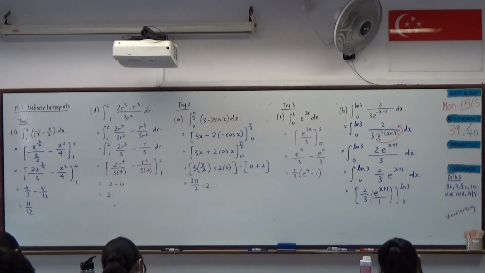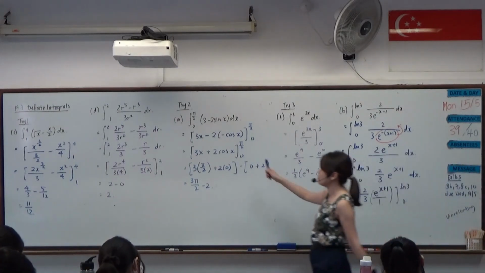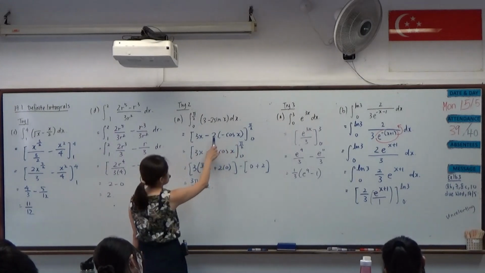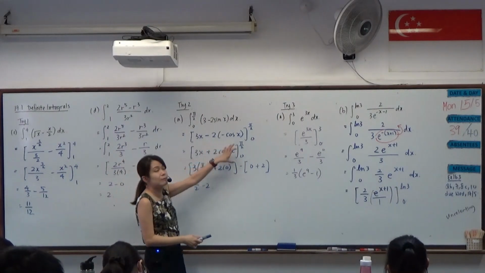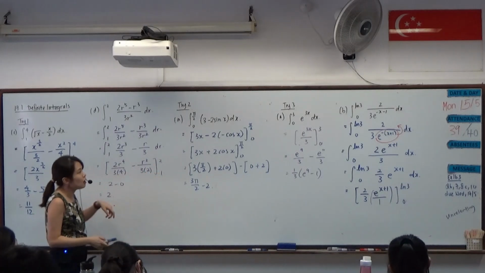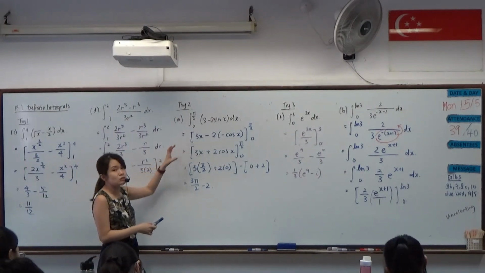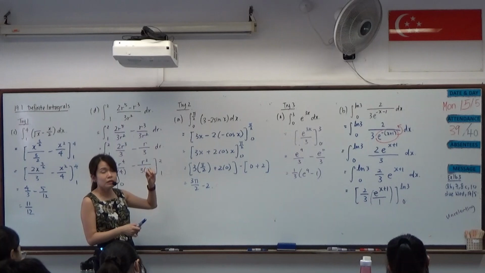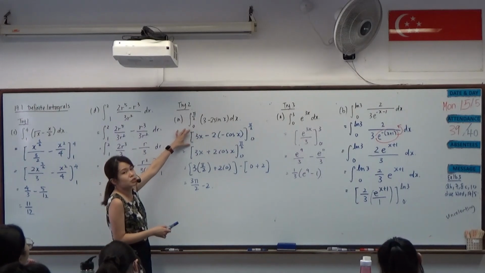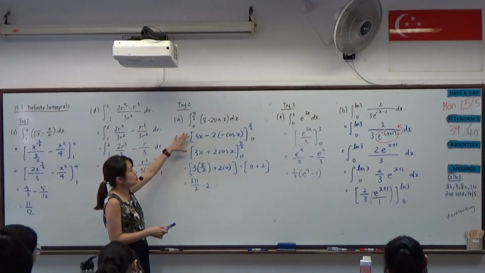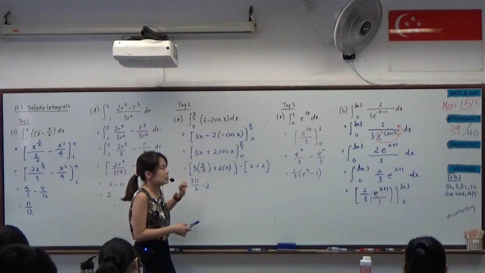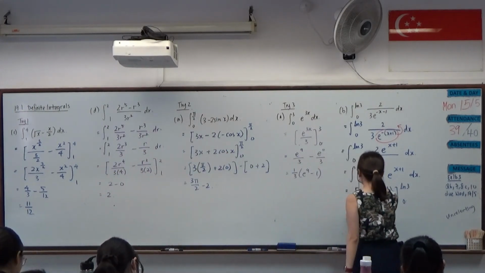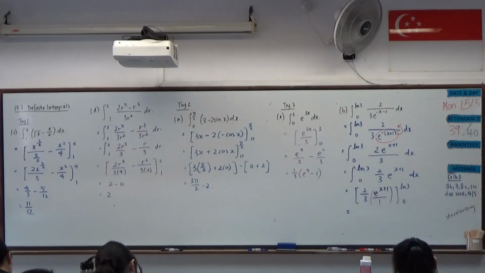By the way, I noticed that for some of you, when you resolve the round brackets, like in this case over here, you change your square brackets into round brackets. Just want to remind that the square brackets are a matter of notation. It is not meant to change from square to round. So just keep it square when you have your boundary values over here. Then we substitute in the values,